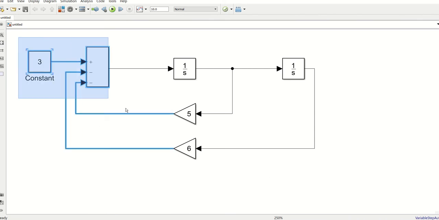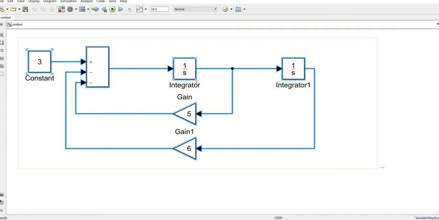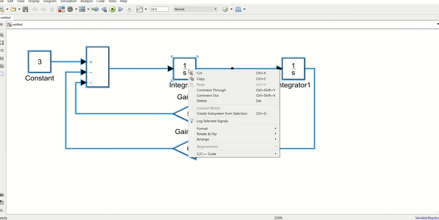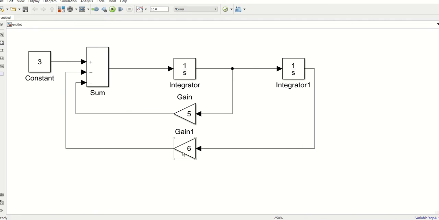What you can do is you can select all of them together and you can enable the value so that it shows what is integrator, what is differentiator. So go format and show block name on. Okay, so the block names are on for everybody. Now our design is complete.